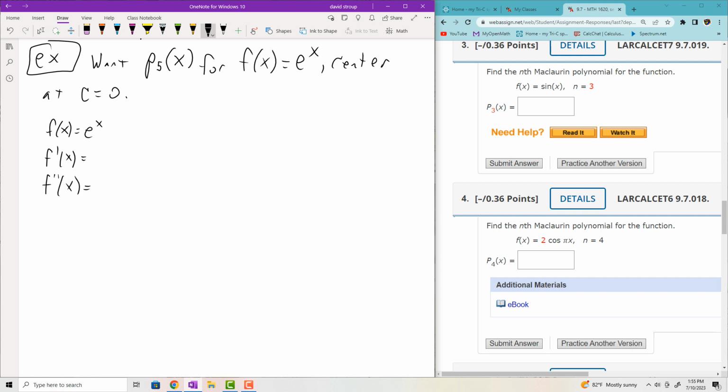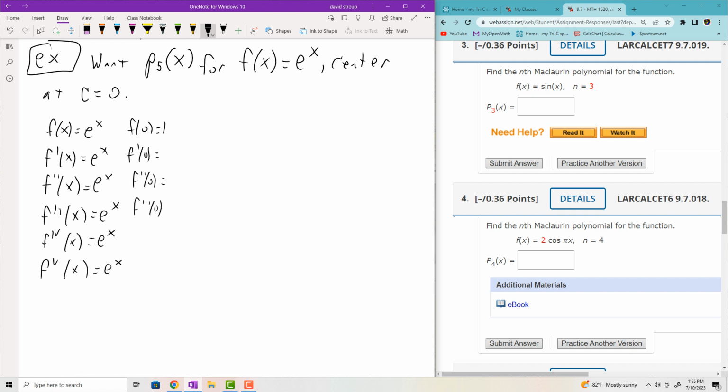So here we go. And this one is pretty easy because the function is always the same. The derivative doesn't change. And we have to go up to the fifth derivative because we want a fifth degree polynomial. Okay, and you'll see why in a second. I'm also going to need to evaluate all these at 0, so they're all going to be 1. Right, so 1, 1, 1, 1, 1,